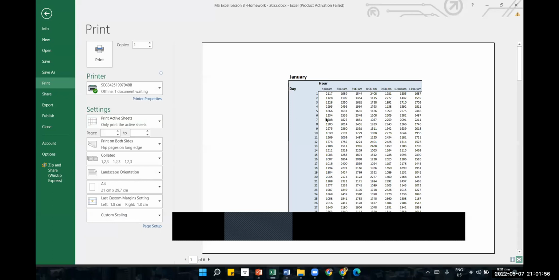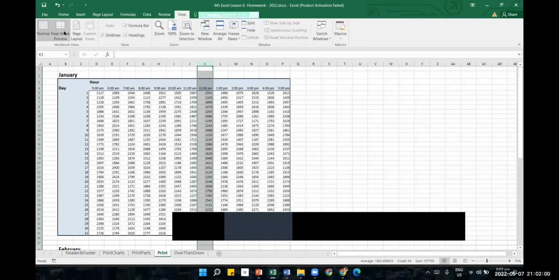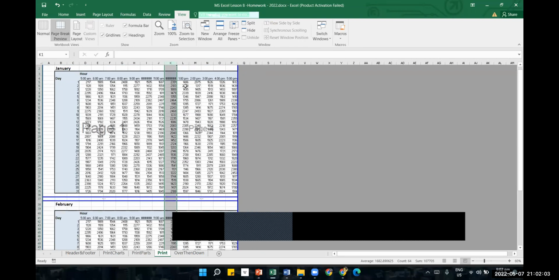You see, the break is inserted. I go to view, page break view. You see, the break is created. So I can just adjust like this, or